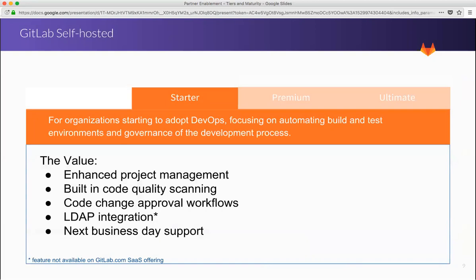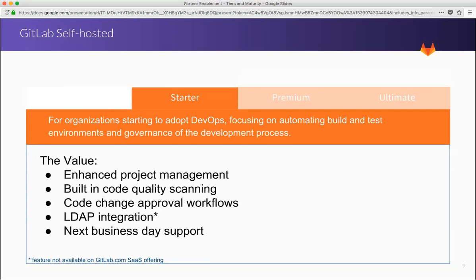So a different view, a little more direct view of what is the value, right? Because we said we wanted to have the tiers be value-based. So the starter tier, the value that we see the customer getting out of this: enhanced project management, built-in code quality scanning, code change approval, so the MRs and being able to track and control when something gets merged. Again, the base LDAP integration and next business day